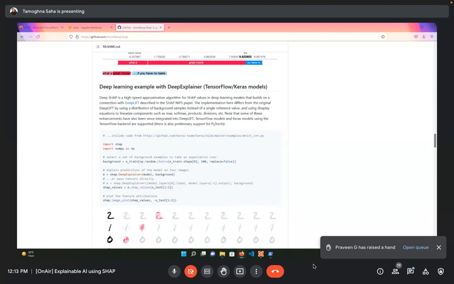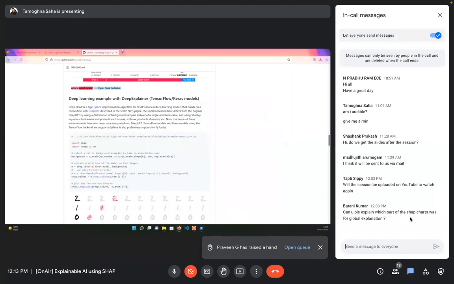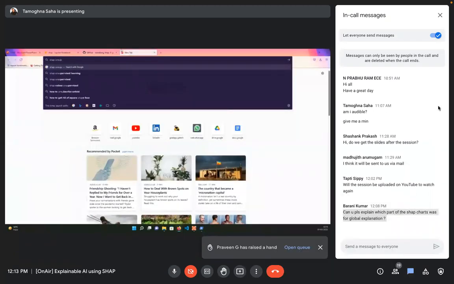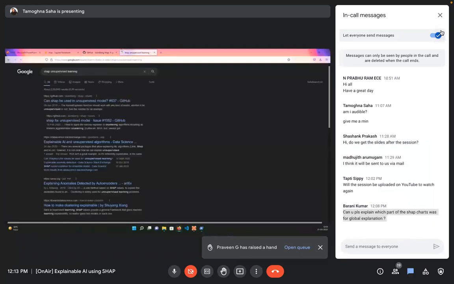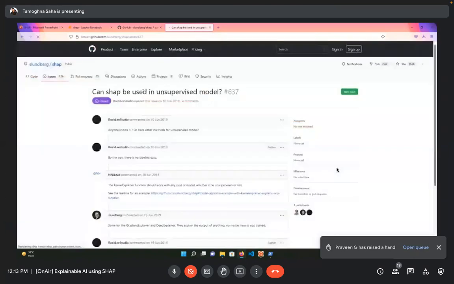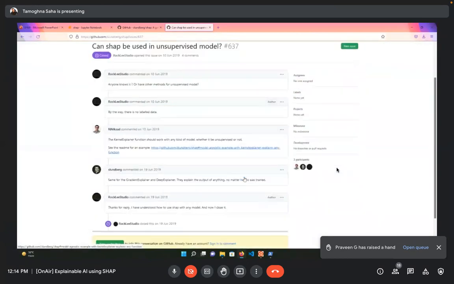I don't think SHAP with unsupervised models is thoroughly covered, so you might be able to check it out separately. There might be a different way, but mainly PCA and such things might be useful. However, SHAP says the kernel explainer should work with any kind of model, whether unsupervised or not, so probably with that kernel explainer.